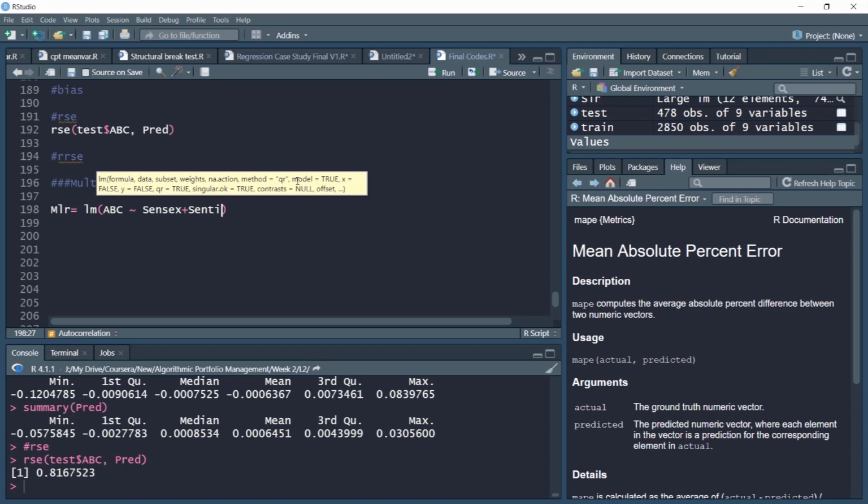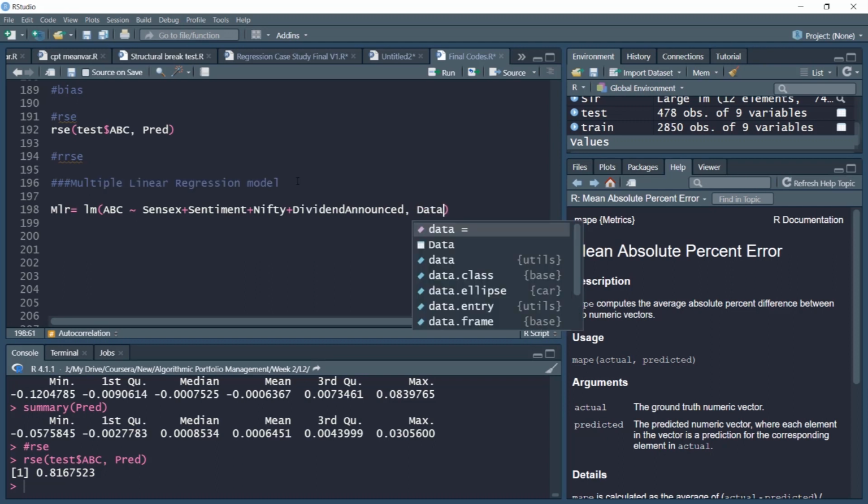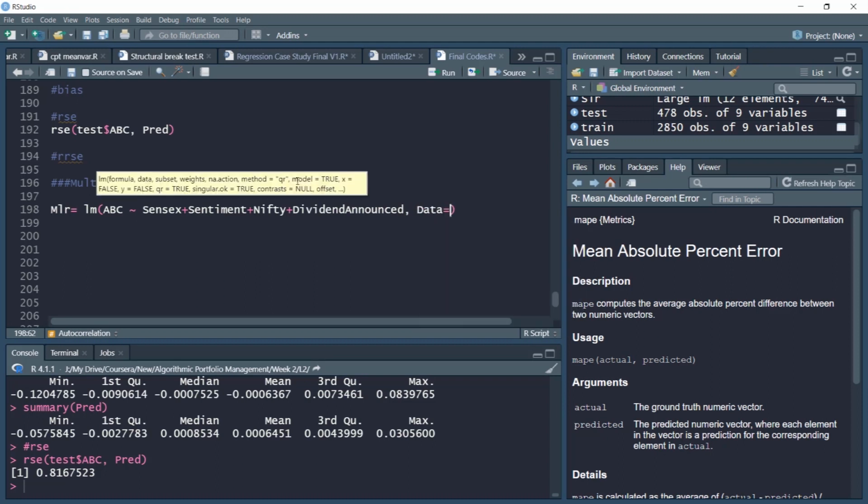Since this is a multiple linear regression model, we'll be using a number of variables on the dependent side: Nifty, dividend announce, dividend, and we'll use our train data set to train the model.